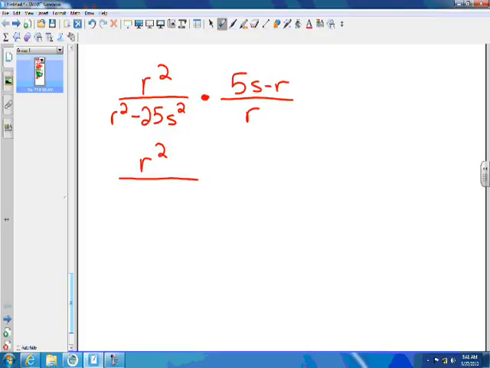No. You do pretty much have to recognize that's difference of squares. No, not really any other way around that. R squared's a perfect square, 25's a perfect square, s squared's a perfect square, and there's a minus in between. You just have to recognize it. So what's the square root of r squared? R minus the square root of 25 and the square root of s squared. So you have r minus 5s and r plus